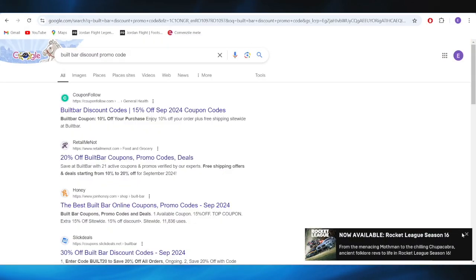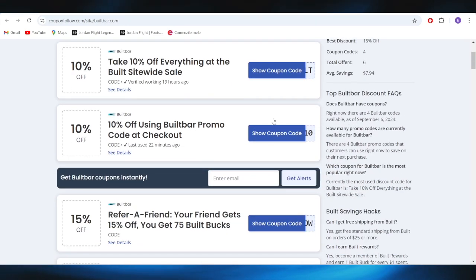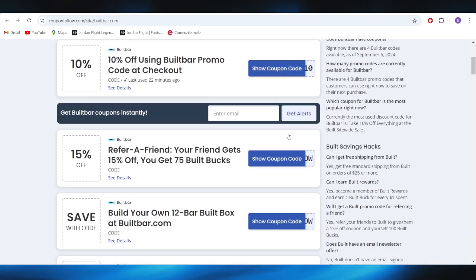First of all, go to your web browser and search for Build Bar discount promo code. Right here, go to this website, which is called couponfollow.com, and open it. As you can see right here, we have at least three different types of promo codes that we can use